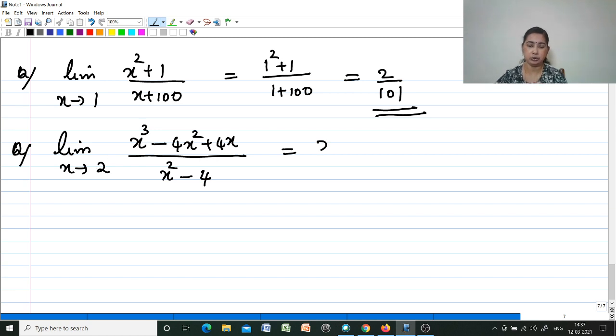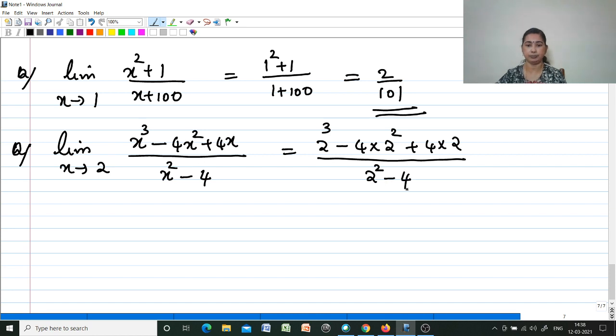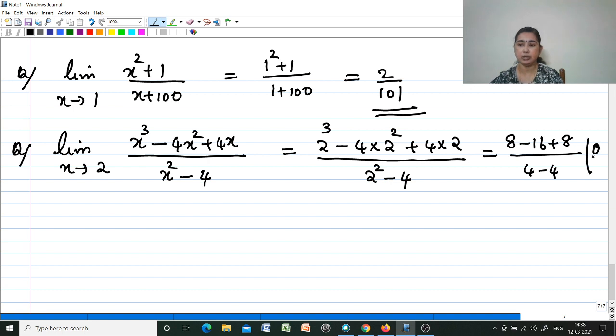So here 2 cube minus 4 into 2 square plus 4 into 2 divided by 2 square minus 4, and that is equal to 8 minus 16 plus 8 divided by 4 minus 4, that is in the 0 by 0 form. So we have to go for any of these methods and check which method